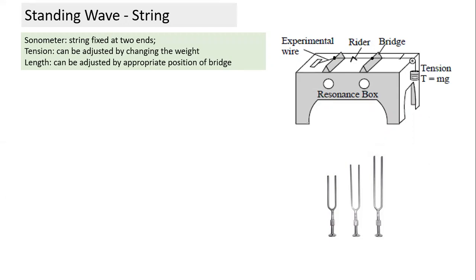So basically, the sonometer has a resonance box, a wooden box kind of thing. This box serves the same purpose as in the old guitar, not the electric guitar. The electric guitar has a different way of amplifying sound. In the other guitar, you can see a wooden box kind of thing. The wooden box amplifies the sound. It is called a resonance box, similar to the guitar box you see. So tension can be adjusted by changing the weight, and length can be adjusted by the appropriate position of the bridge. And we can divide the length also.